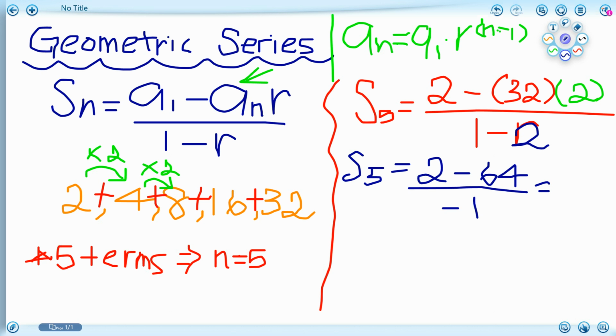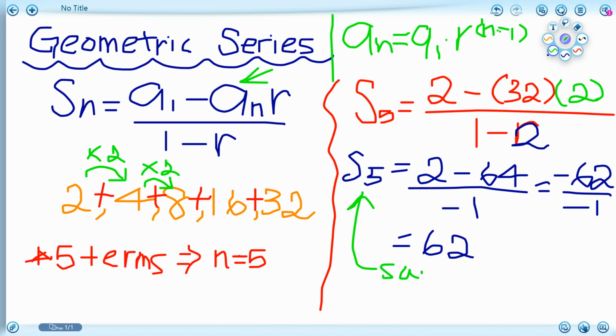So what's 2 minus 64? It should be negative 62 over negative 1. Negative over negative gives you just positive 62. So what this means is that right here, S of 5,